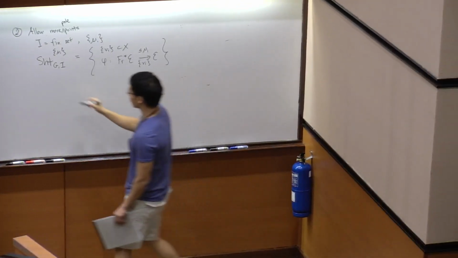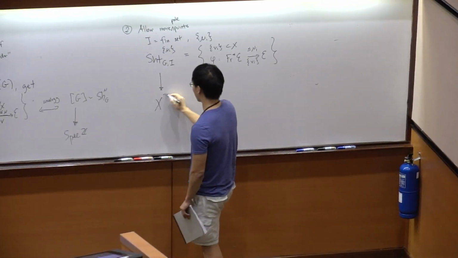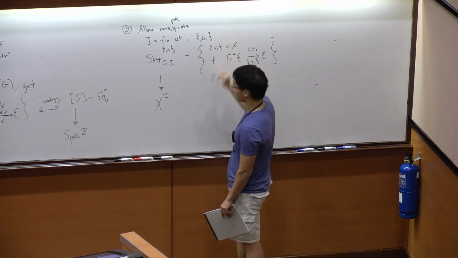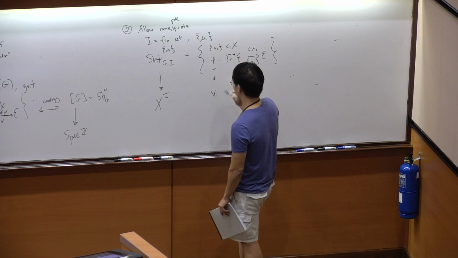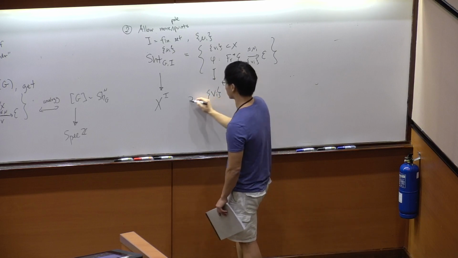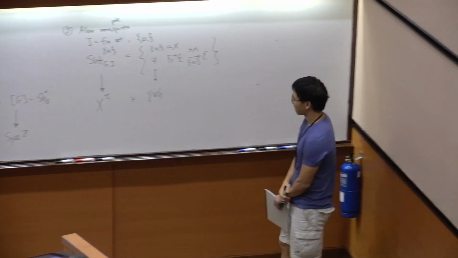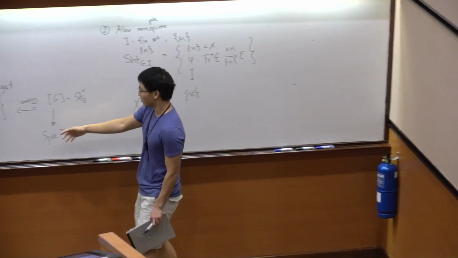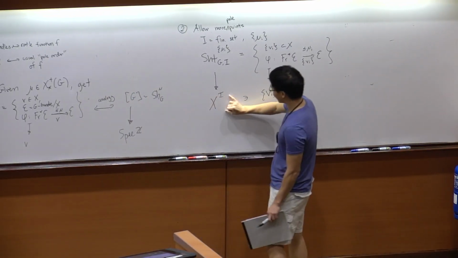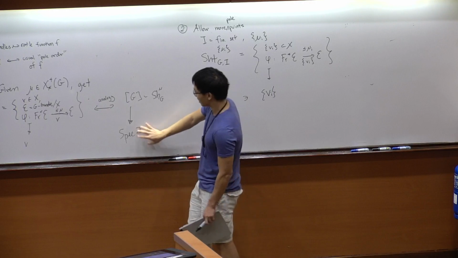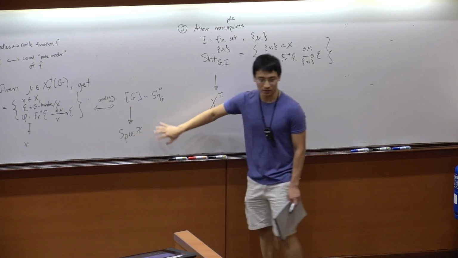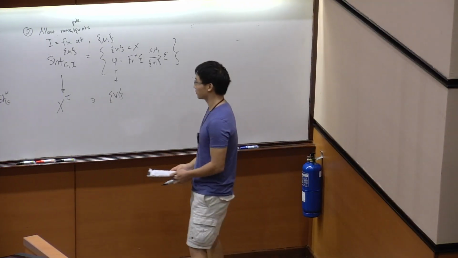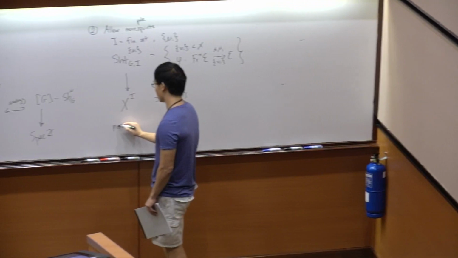And this object lives over a larger power of my curve, the I-th power of the curve, just by remembering the pole points again. So you could view this as a collection of points in here. And I want to emphasize the fact that now this really doesn't have an analog in the classical setting. Even this X^I, if X is analogous to Spec Z, this should be analogous to Spec Z to the I, but that's just Spec Z again. You can't really make it in an interesting way. So, no classical analog.